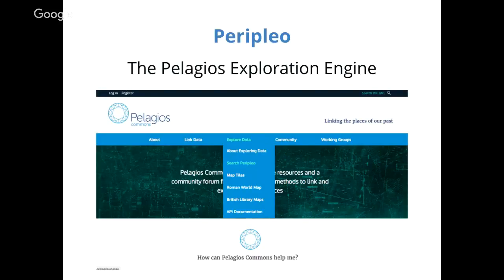And Peripleo 2 does have some new, very interesting features that I would like to present and discuss with you. But it is, at the moment, less stable than the first Peripleo. Also, not all the features and not all the data in Peripleo 1 have been already transferred to Peripleo 2.